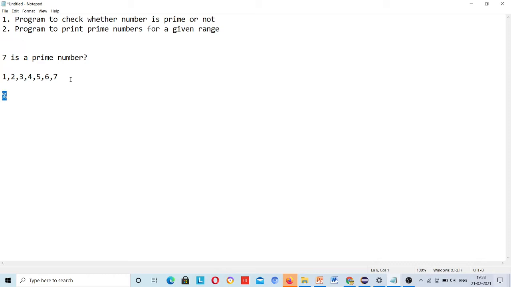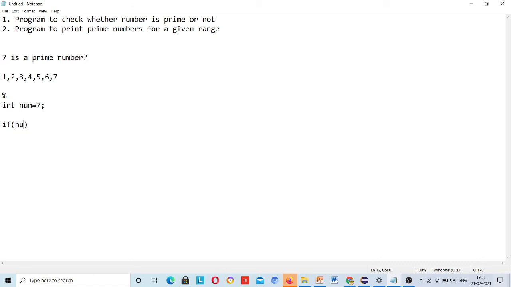So this modulus operator returns us the remainder. First of all, just declare a variable. Integer num is equal to, suppose I declare 7. Now I want to check whether this number is actually prime or not. How can I check that? We have if else. If you have not learned this if else part, then I have already created a video for this. Just watch that video. I will give the link in the description.